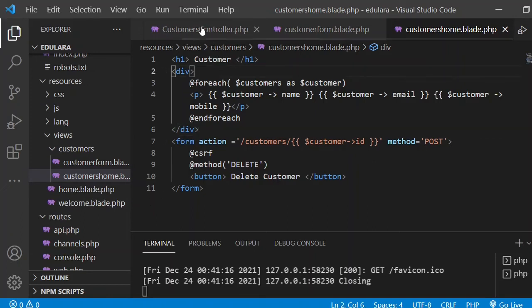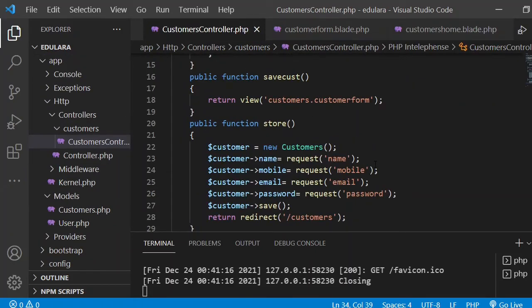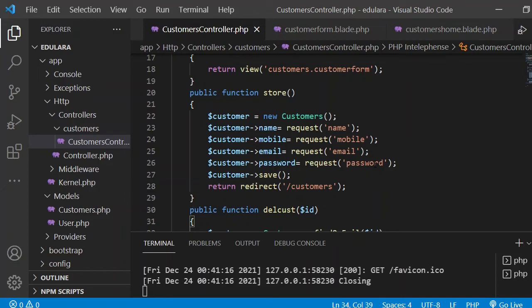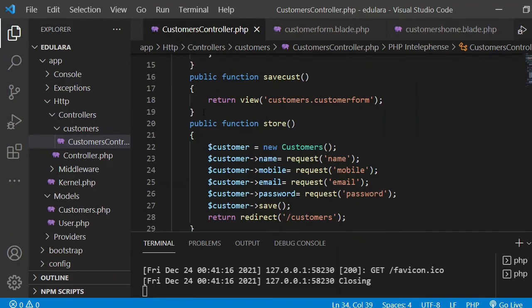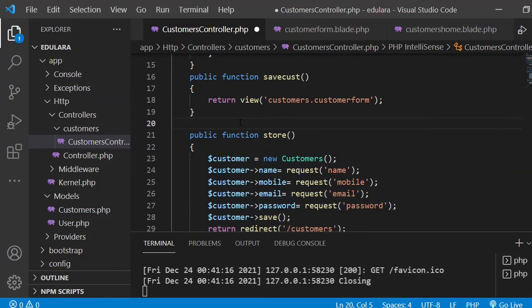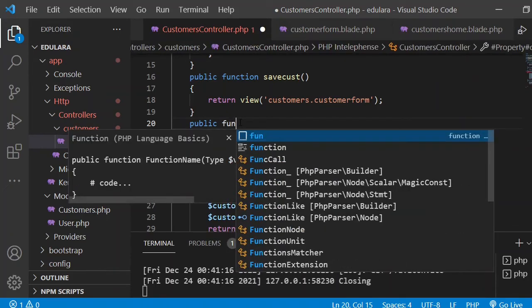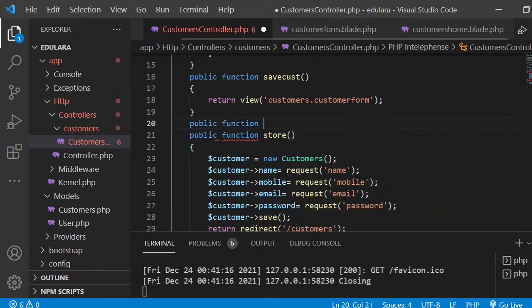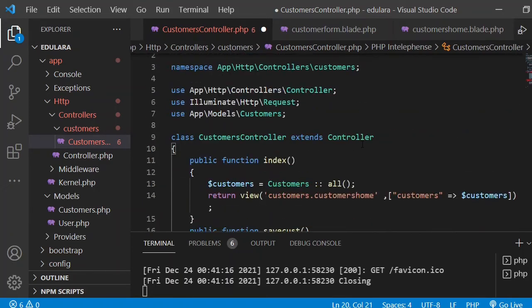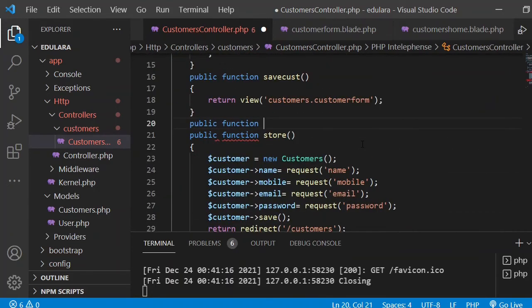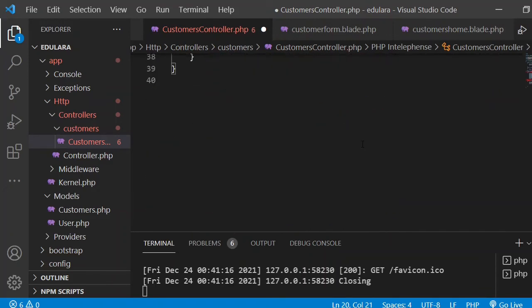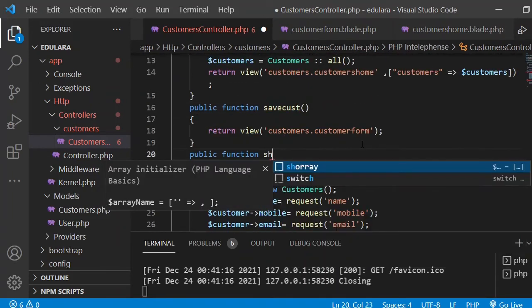Now one more thing is that if the customer wants to view only one customer, not all the customers, I need to create another view where I can have only one customer. So for that I need to create another function, and that function will be a public function. Let me see what kind of functions we have. We have index, save cust, store, delete cust. Okay, so I can use a show function,